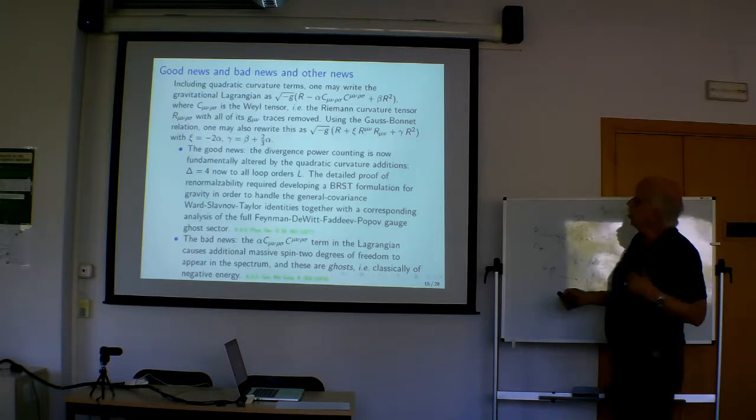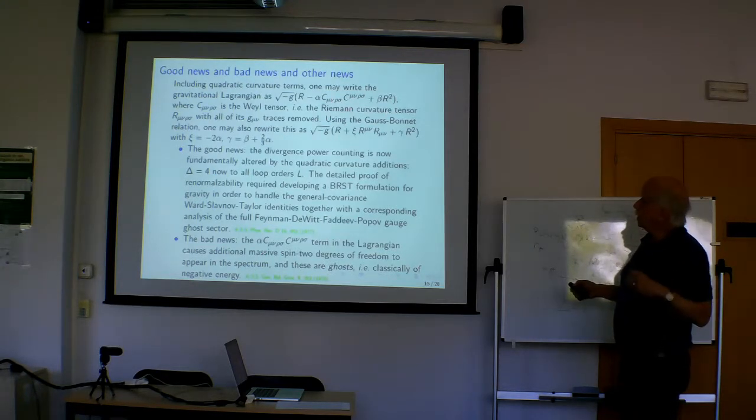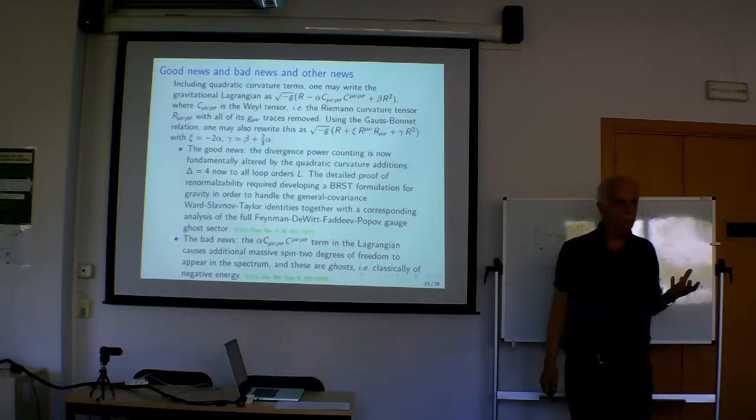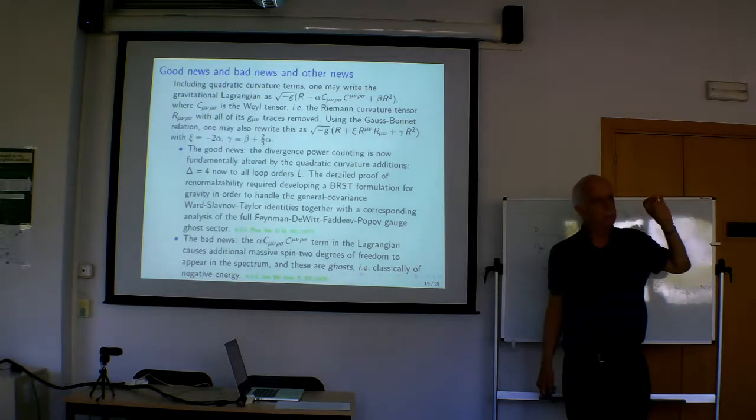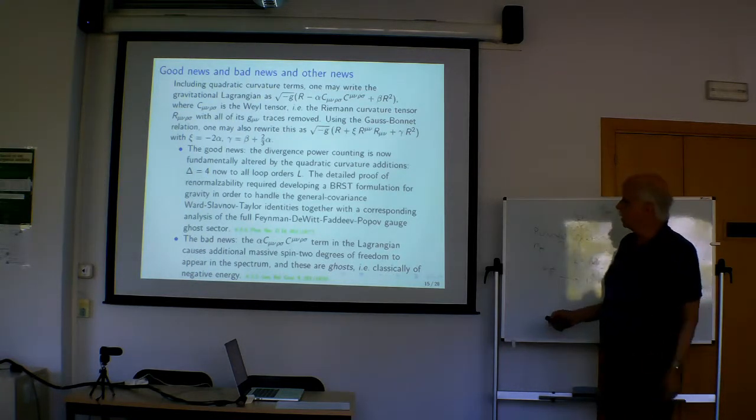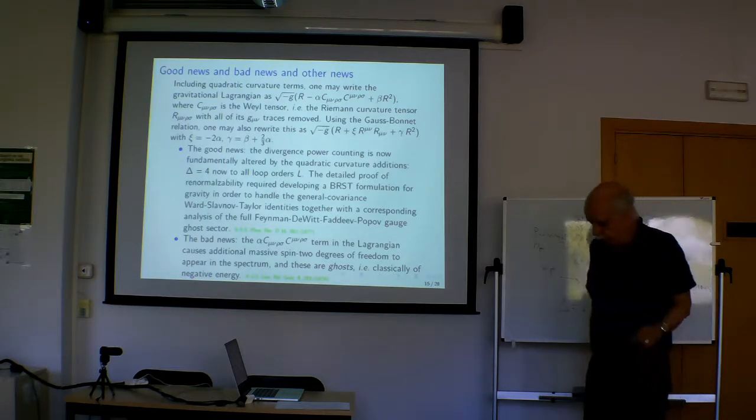of freedom, which when you organize it this way, you can see it's nicely polarized so that this guy produces massive spin 2. The R squared, by the way, produces massive spin 0. Come back to that in a second. But the massive spin 2, as you can see from